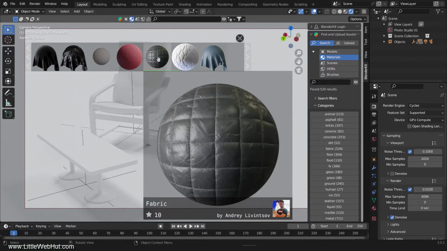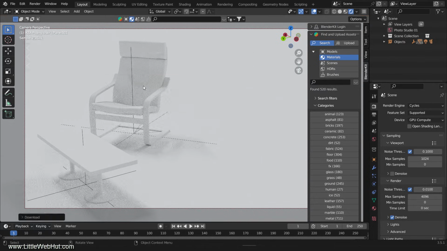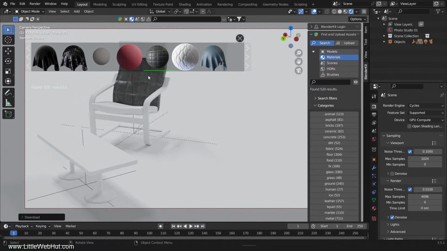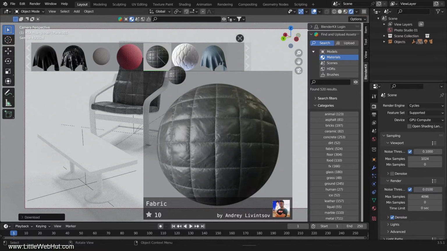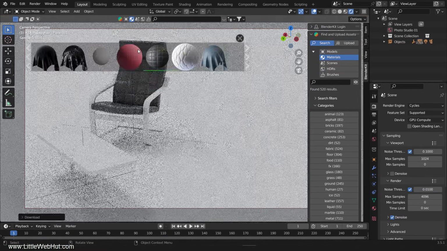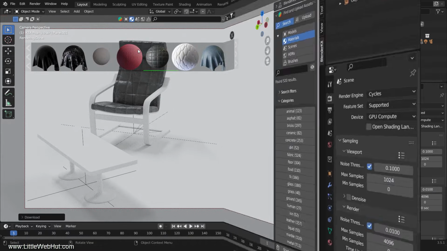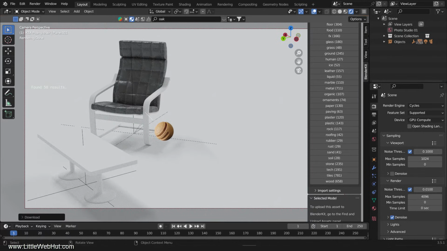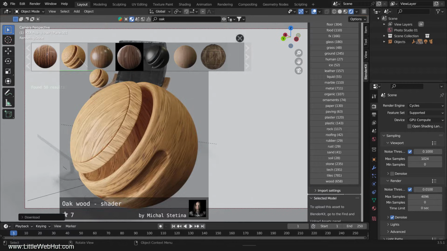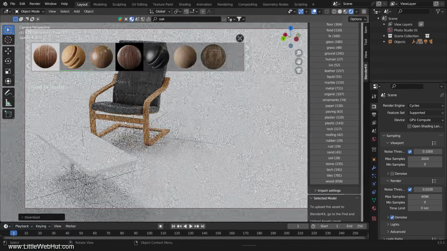In this video, I'm going to show you how you can easily add materials to your 3D models. I'll be using a very useful add-on called Blenderkit. Blenderkit is a free online library of assets that include models, materials, scenes, HDRs, and brushes. Even though I'll be focusing specifically on materials for this video, you may also want to explore the other assets